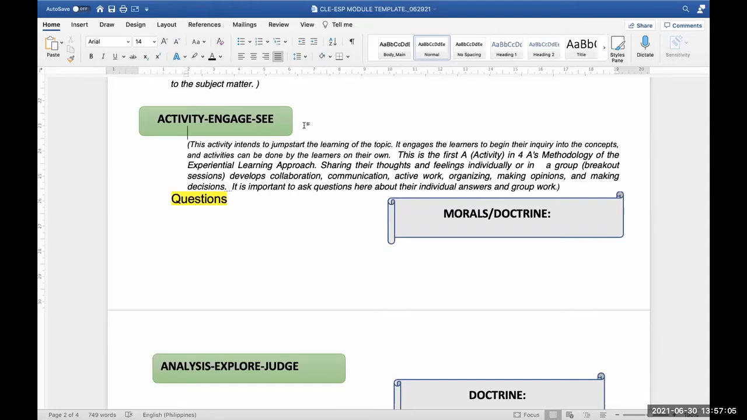Kasi magtatagal pa daw itong pandemic na to. So wala pang face-to-face na nakikita. Okay, so activity, engage, or see. This is the structured activity. Yun ang stimulus, first stimulus, where